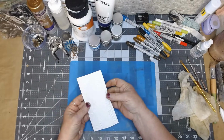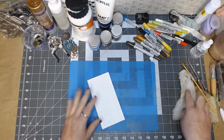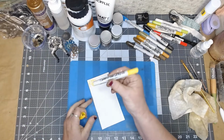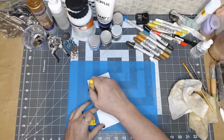Now what I'm going to do is start adding some crayons on here. And I'm going to start with my yellows. I'm going to do these yellows first. And this is a mustard seed. I'm just going to